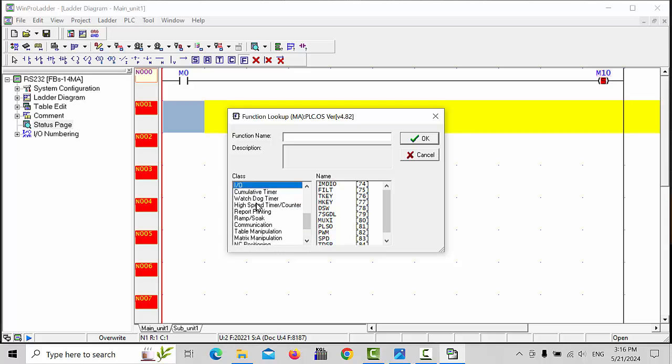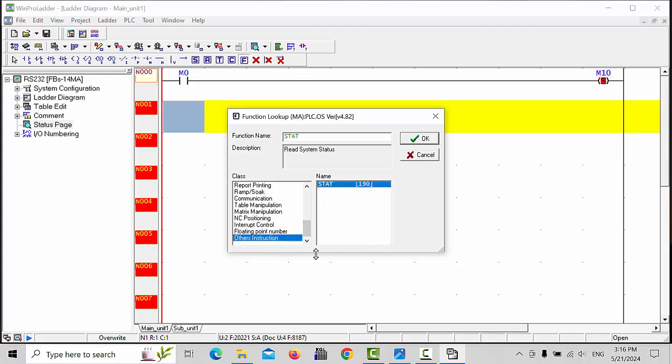Also have accumulate timers, watchdog timers, high speed timer counters, report printing, ramp soak, communications part. This is link 1, link 2, Modbus communication or some link, table manipulation, matrix manipulation, NC positioning controls have also, interrupt controls also have, floating point numbers, other instructions has STAT. So we will start with the